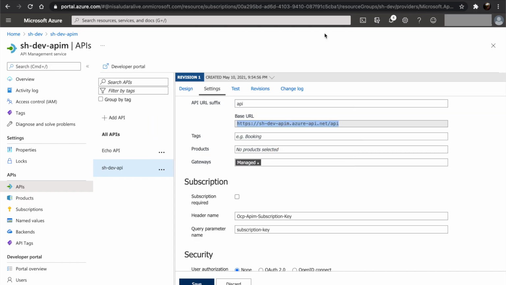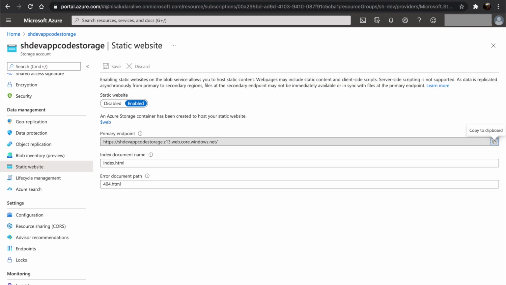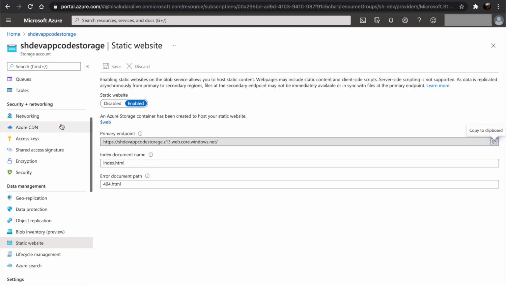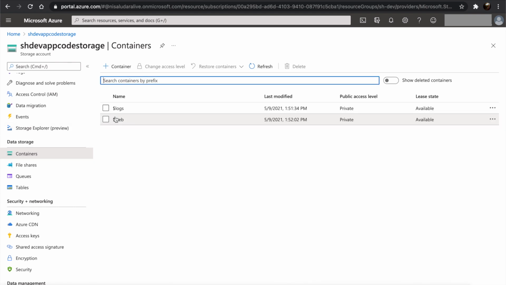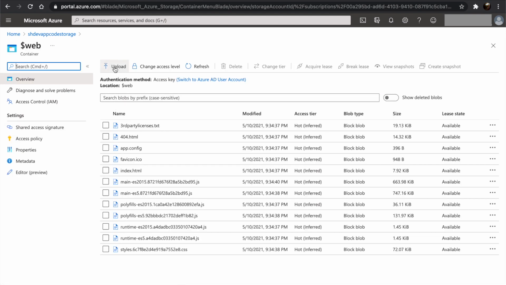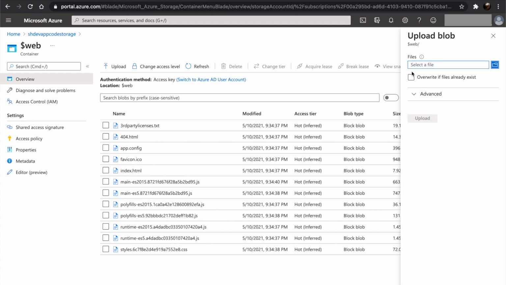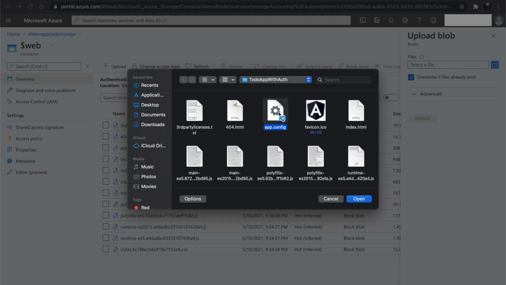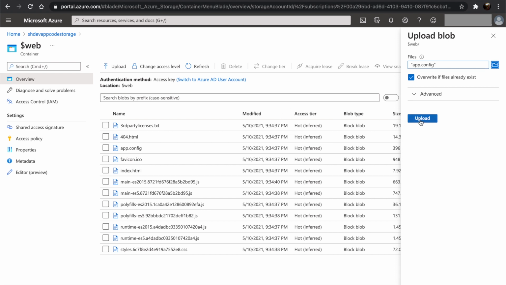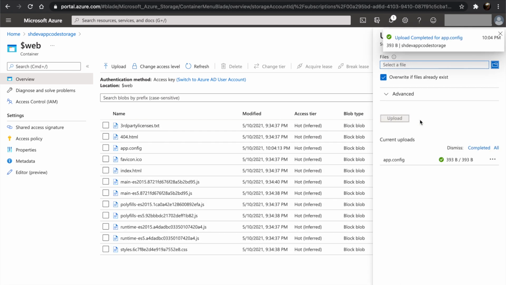Let's go to our storage account and upload the updated config. And let's go back to our web app.